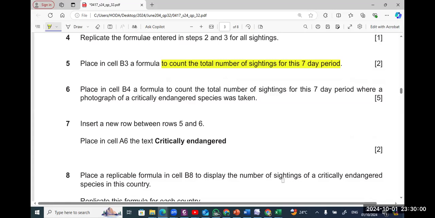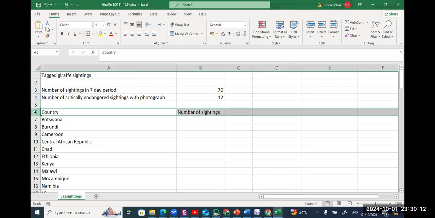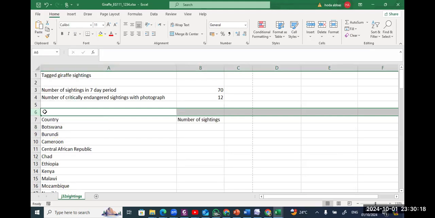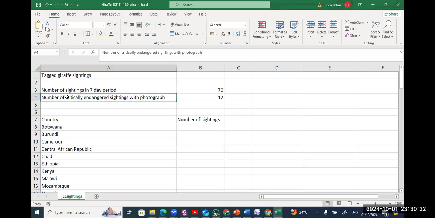Place in A6 the text critically endangered. Of course, if you want to insert another row between 5 and 6, you have to select 6 and then right click, insert. Okay, and then you will write these texts